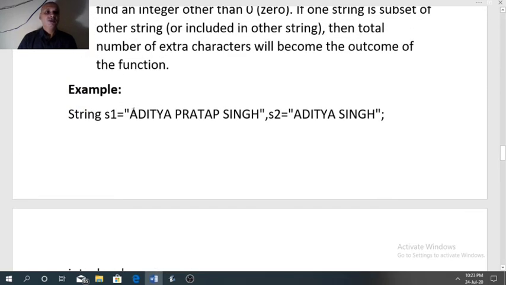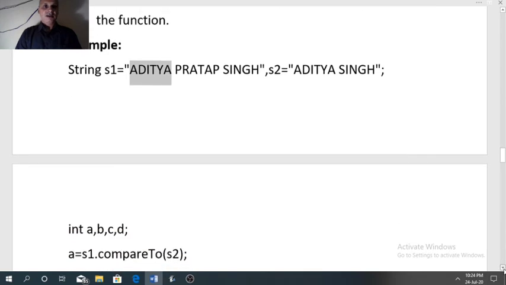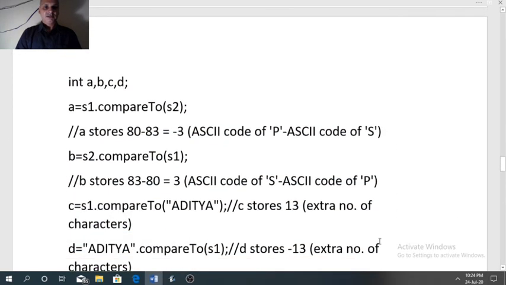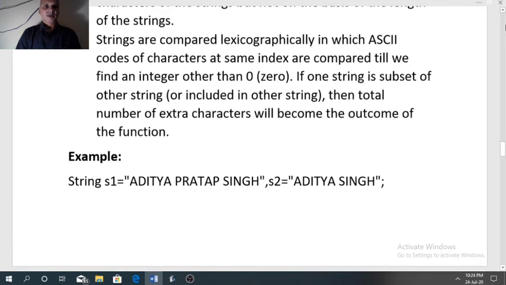we need to count how many characters are present in Aditya Pratap Singh. Up to Aditya we have the same. Here Aditya and here Aditya. So we will get the difference of ASCII code as 0, but after that the extra number of characters will start from space.